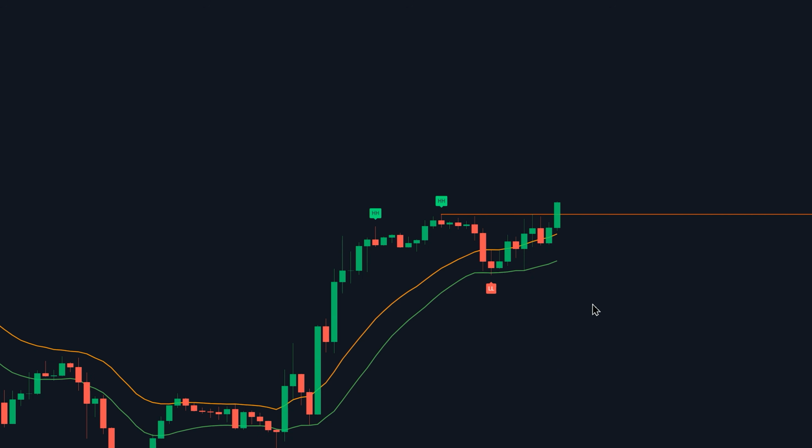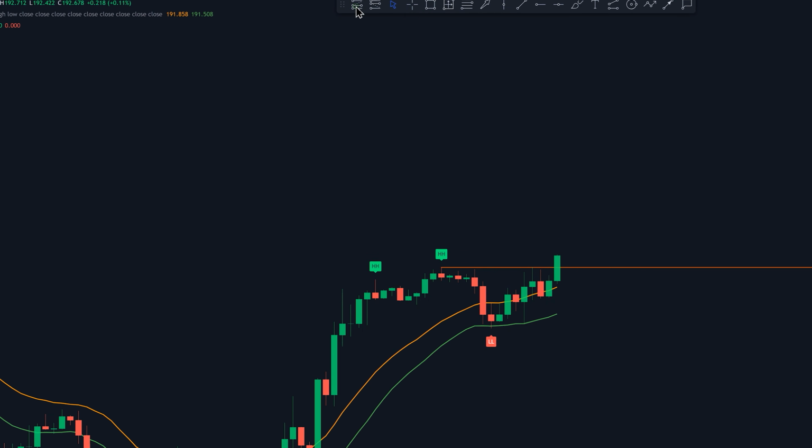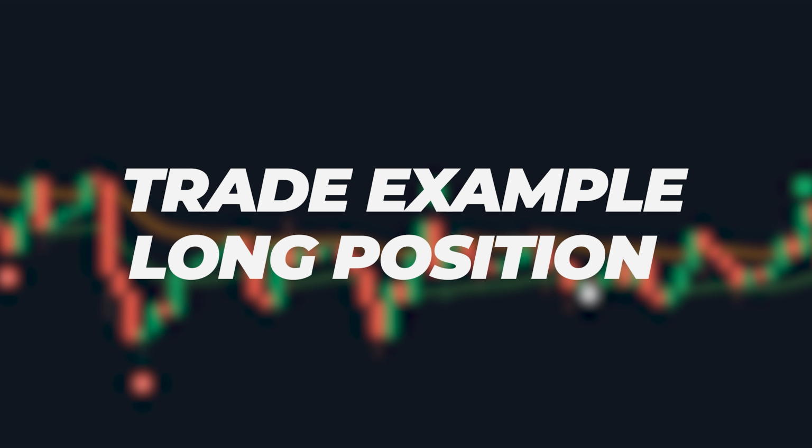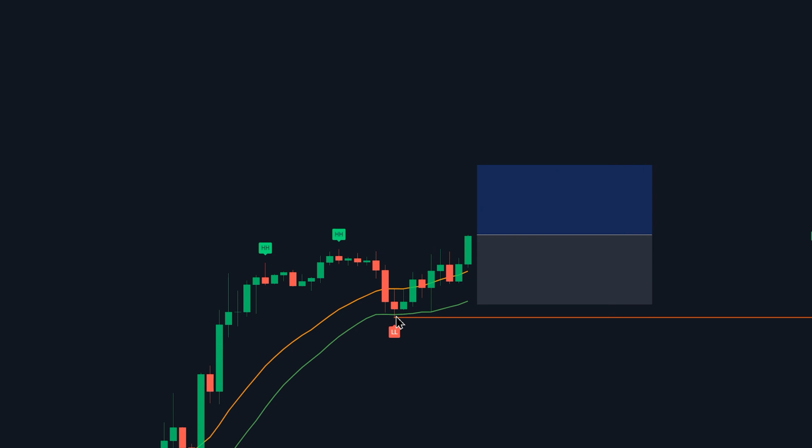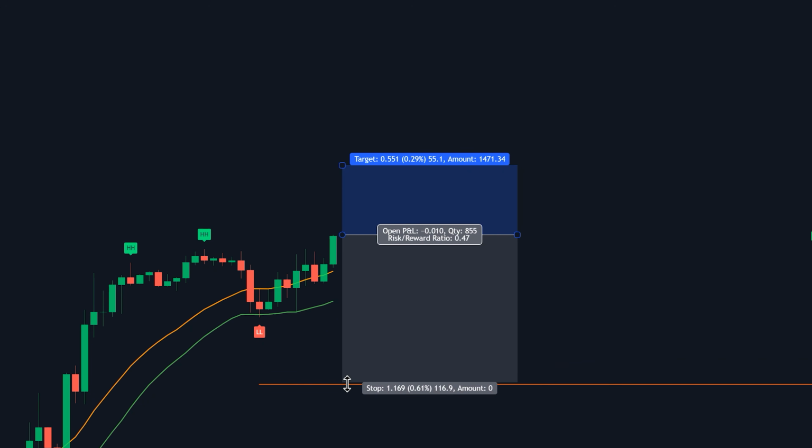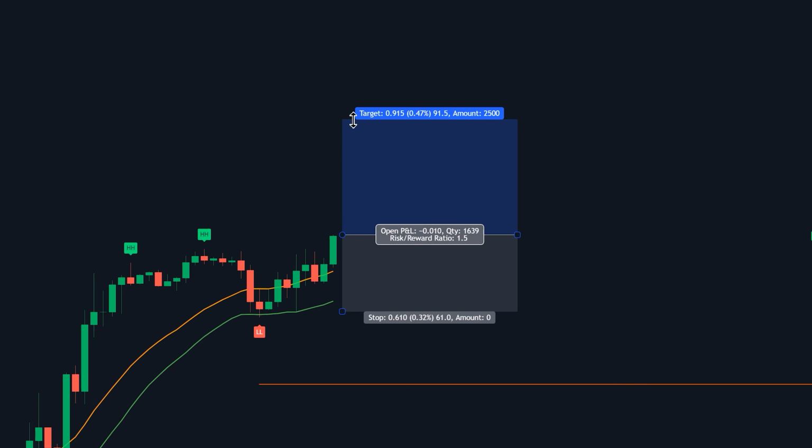All our entry conditions are met on this candle, so we're gonna enter a long position here. We're gonna set our stop loss right at the most recent swing low, but if the swing low is too far down, well, we're gonna limit our stop loss to 0.3%. That number is gonna be indicated right here. The take profit is gonna be 1.5 times the risk. Letting the trade run